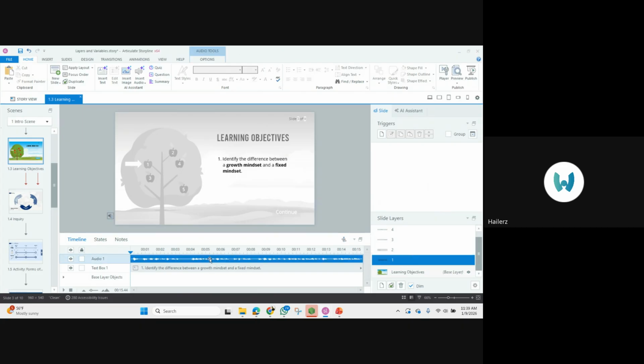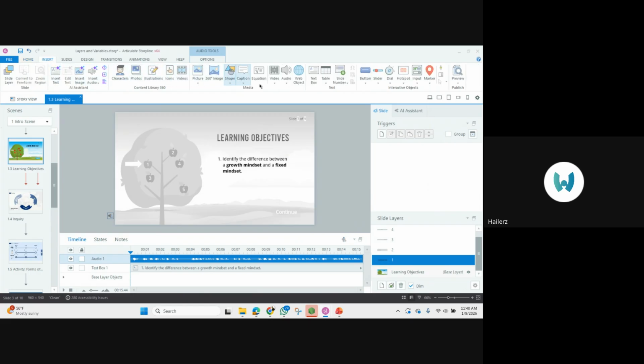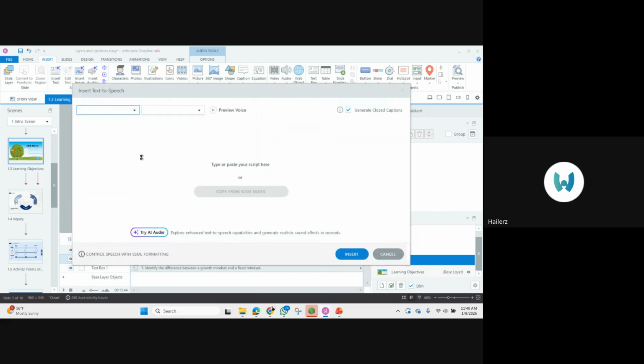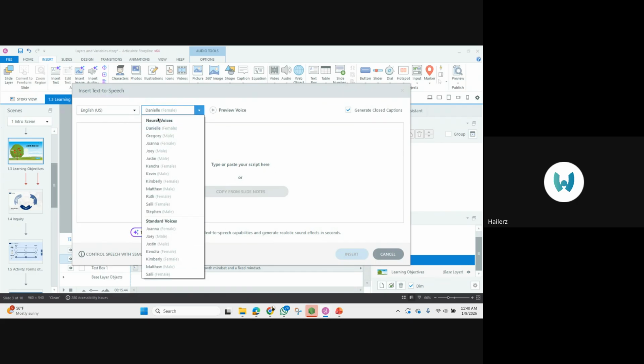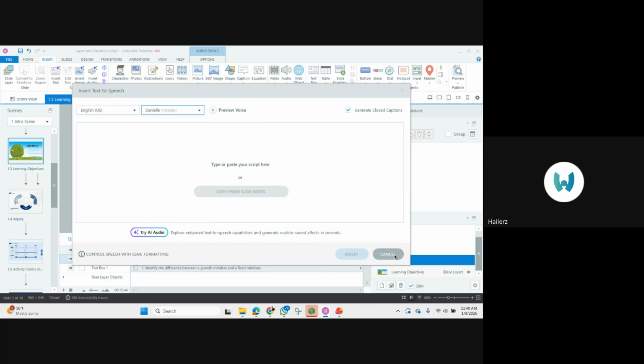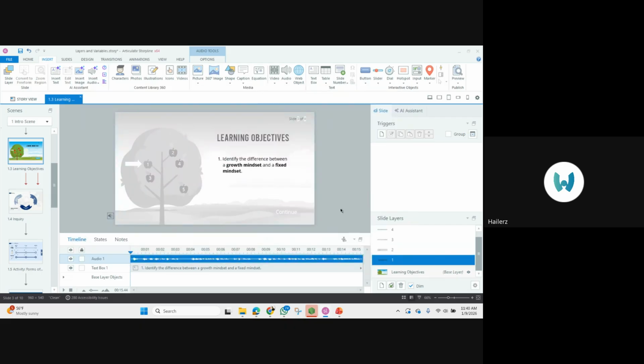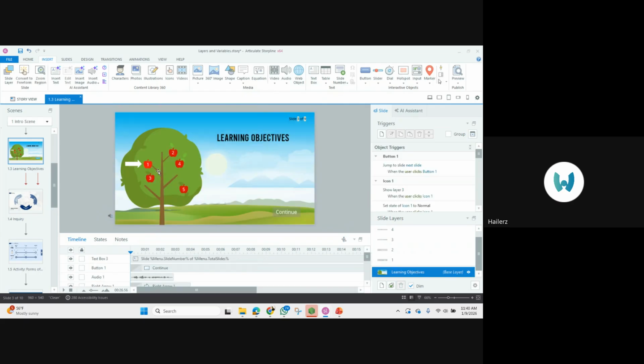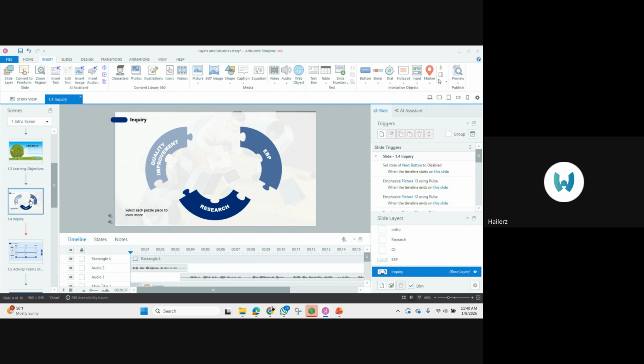And now we're adding voiceovers, which is easy to add. You can go to insert, you can go to audio, text to speech, you can type in your text and it converts it to speech. You can choose from any one of these voices that sounds natural to you. You can even include closed captions to make it even more engaging. So the same principles. And this is just showing you how that simple principle can be used in your course